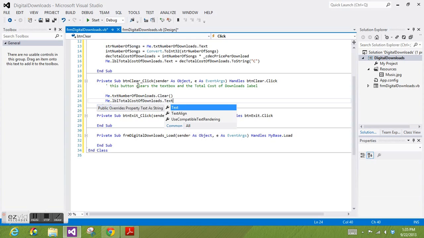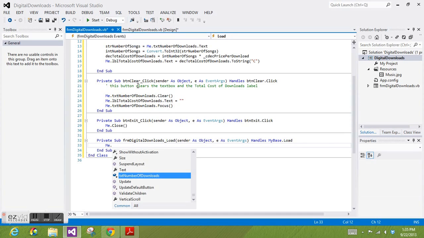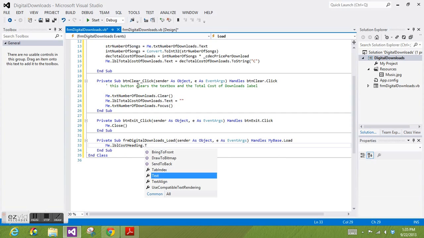Here I use .clear with some parentheses for my text box, and then .text equals quote marks, and that will clear my label. And then I'd use .focus to focus my arrow key. Obviously exit, we've used this one before, me.close. And then with the form, I'm going to actually have one of my labels, have the text in that label change a little bit,